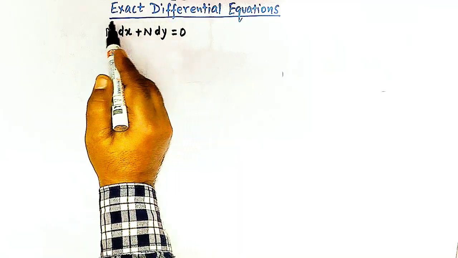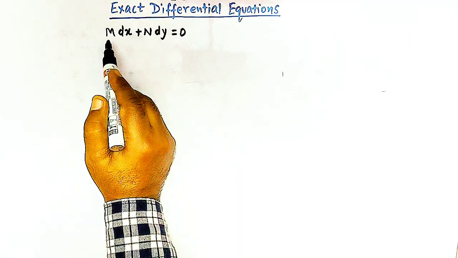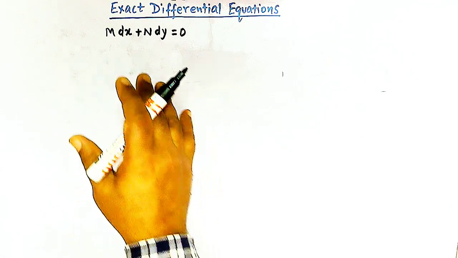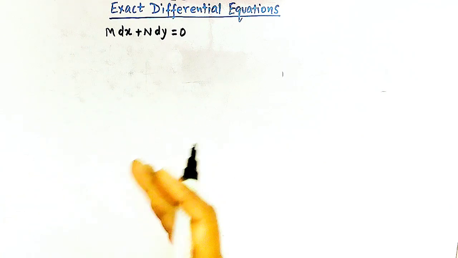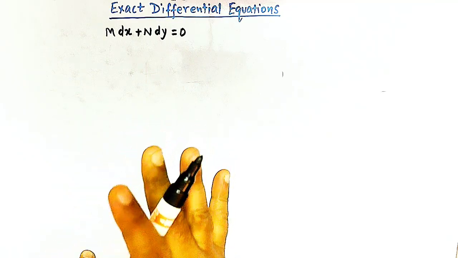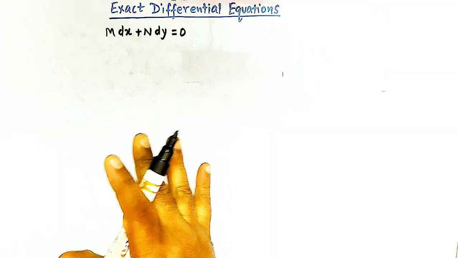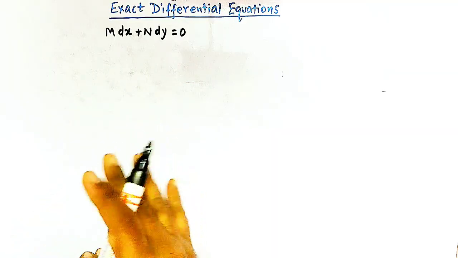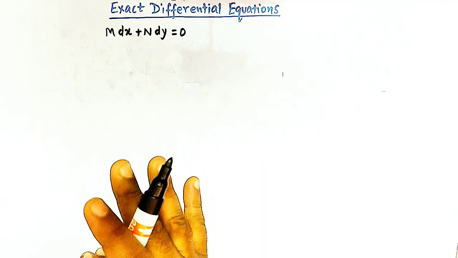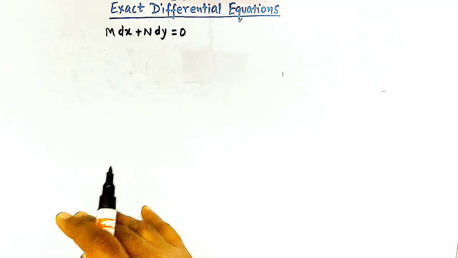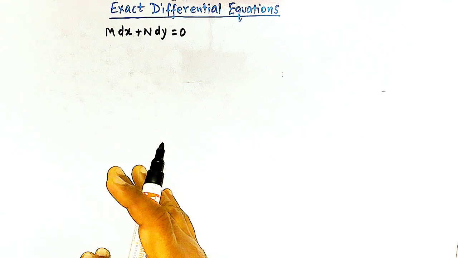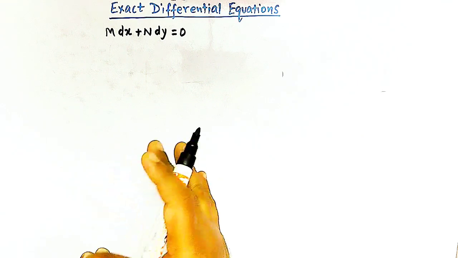The definition of an exact differential equation goes like this: a differential equation which can be obtained from its primitive, that is its solution, by simple differentiation and without any further operation of elimination or reduction, is called an exact differential equation. In other words, an exact differential equation is formed by equating an exact differential